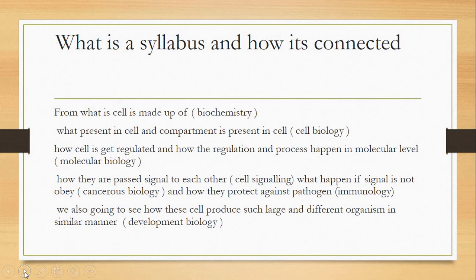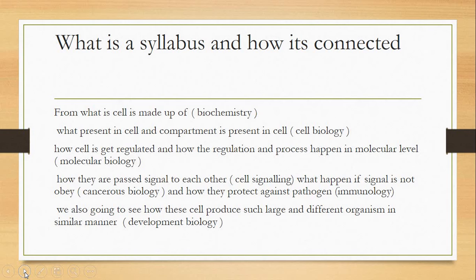After that, we have to learn cell biology, that is, what components are present in the cell and how the cell performs its functions. After that, we have to cover the molecular biology of all this, how replication, transcription, translation, and regulation of genes happen. After that, in cell communication, the fourth unit, we have to understand cell signaling, how the cells connect with each other. The second one is how cancerous cells, if the communication does not happen, what diseases can be caused, and how with the help of communication, protection of the cell or the body has to be done,